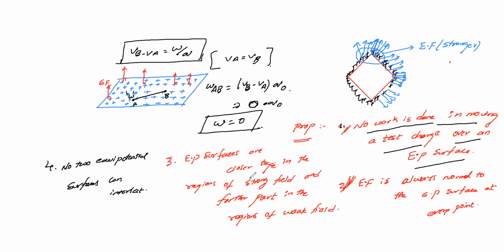The electric field lines are closer together in regions of stronger field. Here the electric field lines are closer, so we can say it is a stronger field. And they are further apart in regions of weaker field. When it is spread out, in the bulged out areas, the lines will be spread out. At corners and sharp edges there will be more charges. Stronger there. In the spread out areas, in this portion, these are your weaker fields.